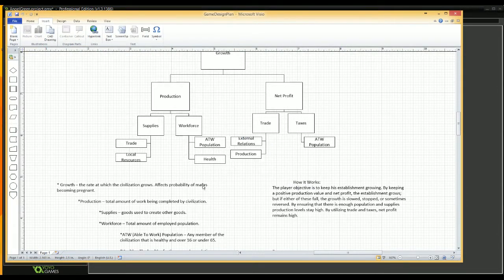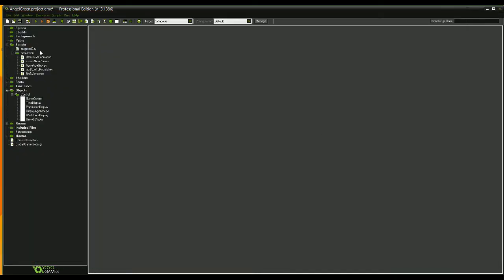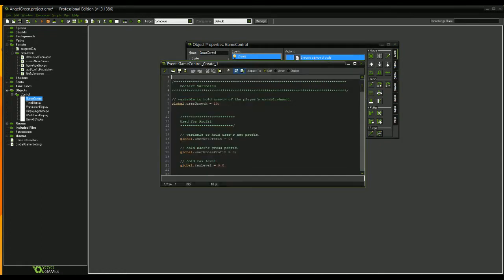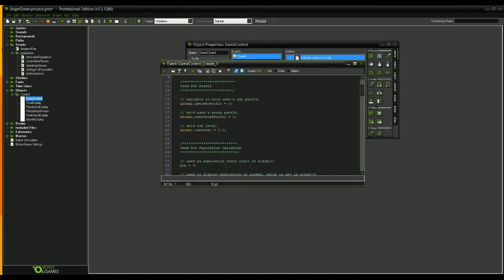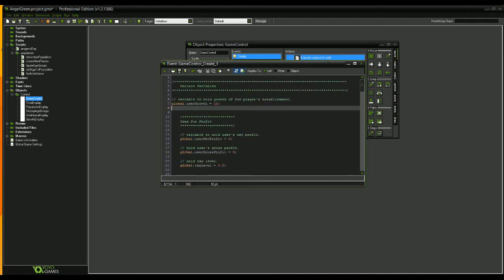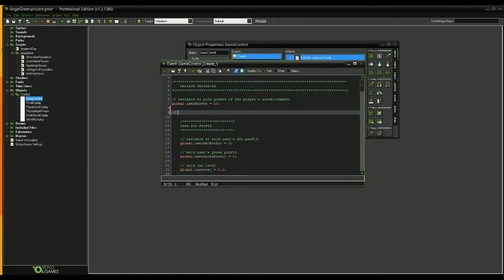Health would rely on food. Food is from supplies or trade. So what we'll have is a stockpile of food to begin with. So we'll go ahead and go in there in game control to create, what we're going to do is just go here, then declare variable section, variable that holds